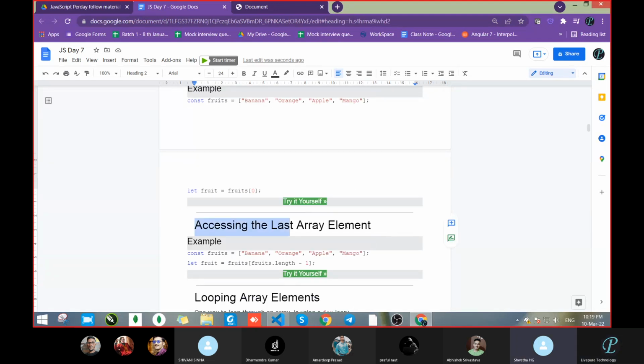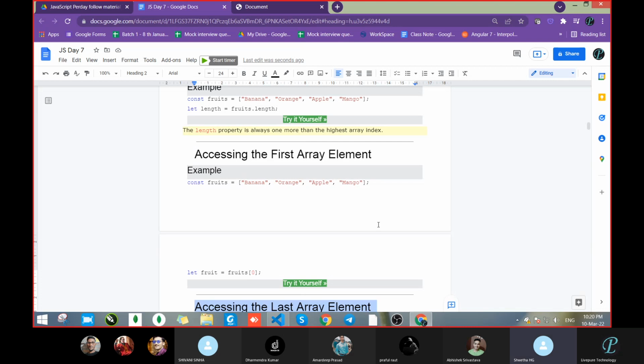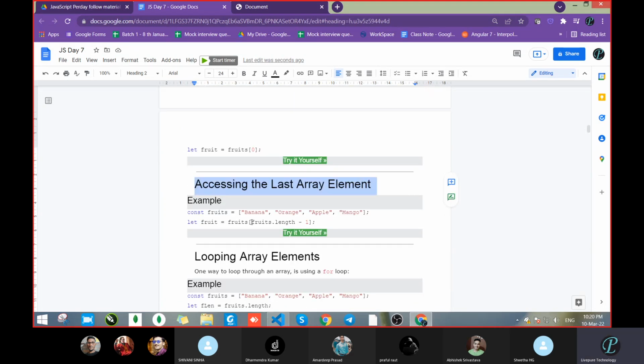Don't always take fruit. I told you, take array. Just say array name or array variable. So we will take array dot length minus 1. Correct? See this. We will access the last one.